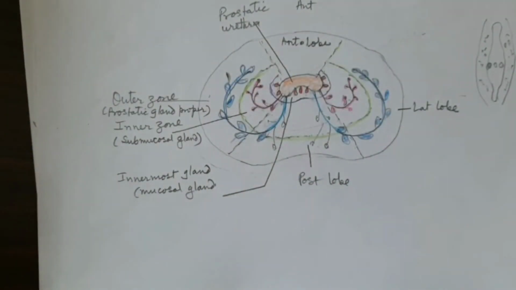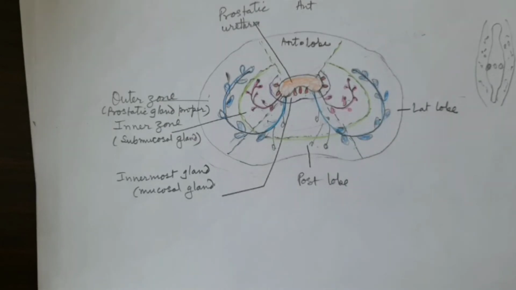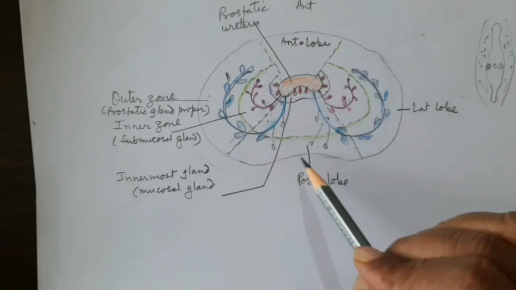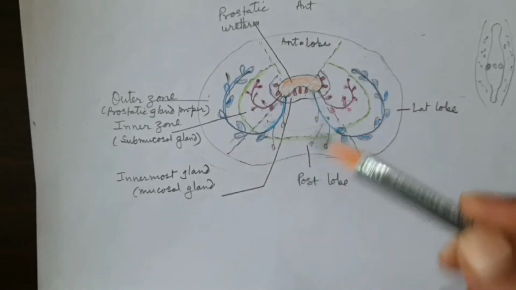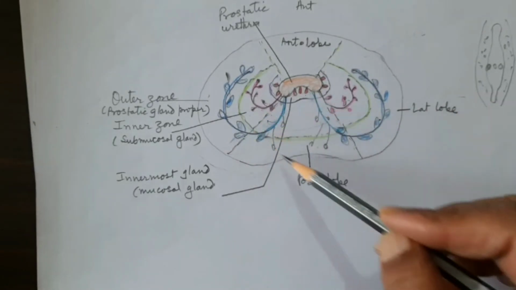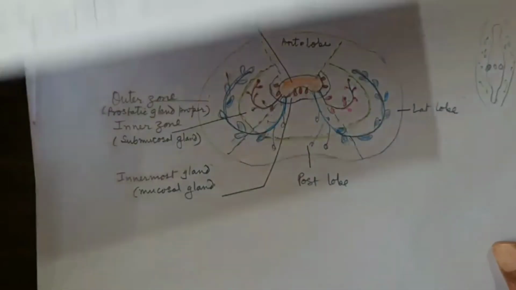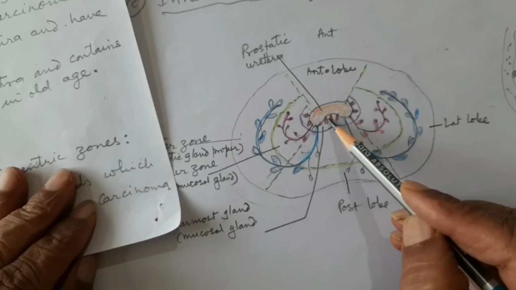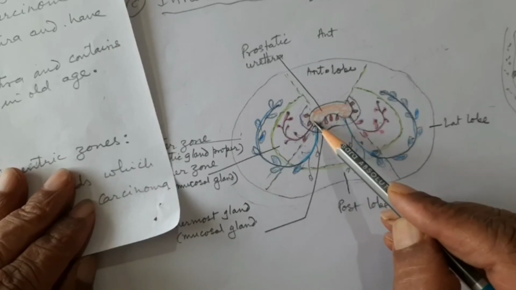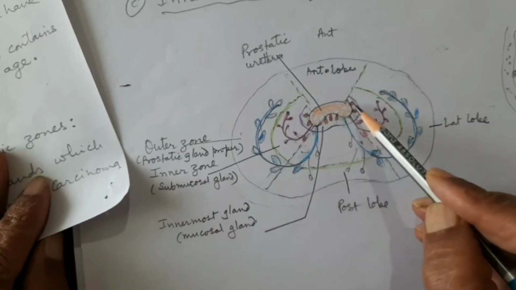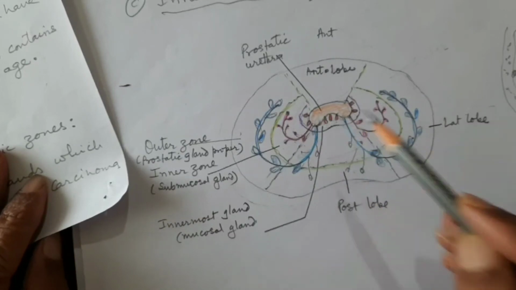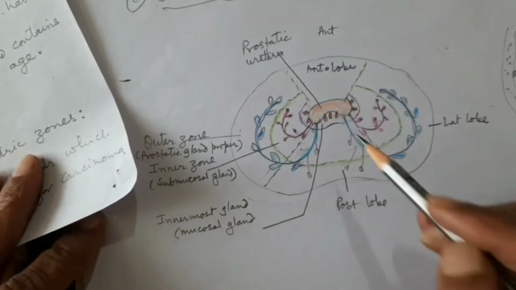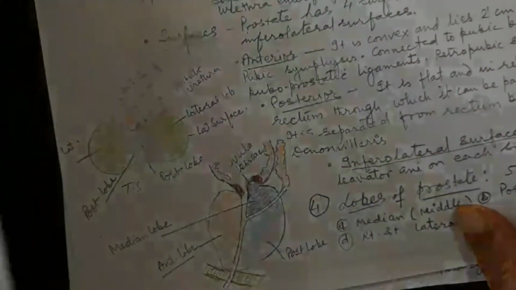This completes the structural zones of the prostatic gland, and they are important because we have seen that the benign enlargement takes place in the median lobe, not here, and the cancer takes place because of the glands in the posterior lobes, the outer zone. Benign enlargement takes place in the upper part above the ejaculatory duct because of the enlargement of the submucosal and mucosal glands, which are very short and present in the innermost zone. They lead to the benign enlargement which takes place in the median lobe.